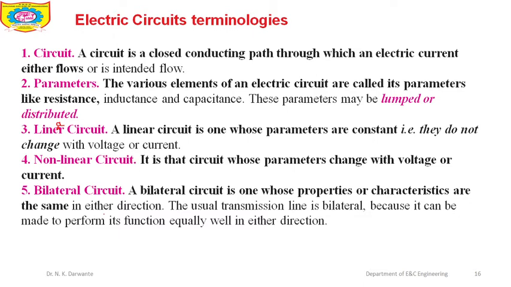For example, if a wire is there and we apply the voltage, then current circulates from the wire to a particular device. But if we use the battery on the other side of that wire, then also it works. Therefore, the direction is not important. Where we apply the EMF, we can change the direction of the current. If this is possible and this happens, then that type of circuit is known as a bilateral circuit.